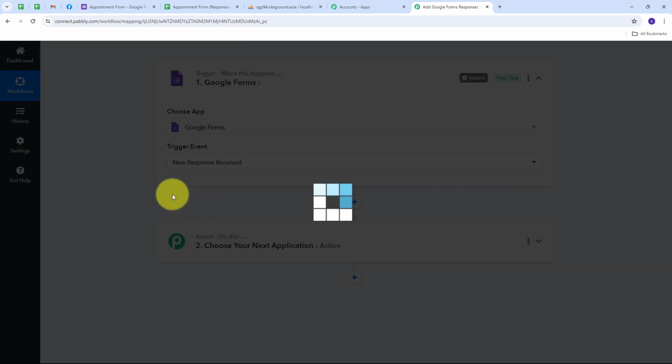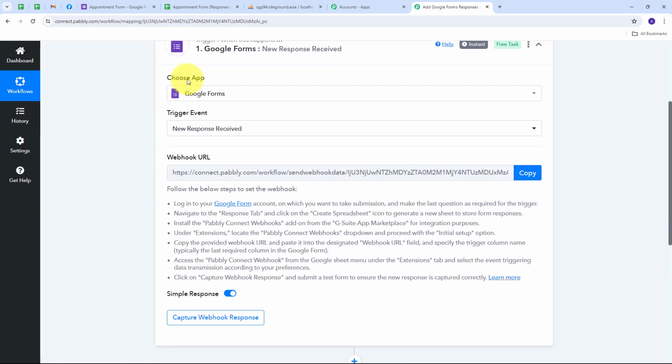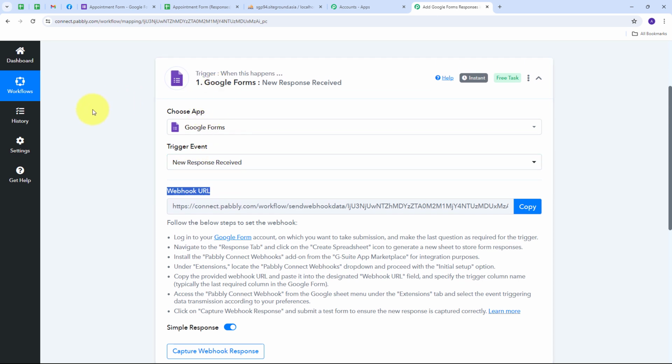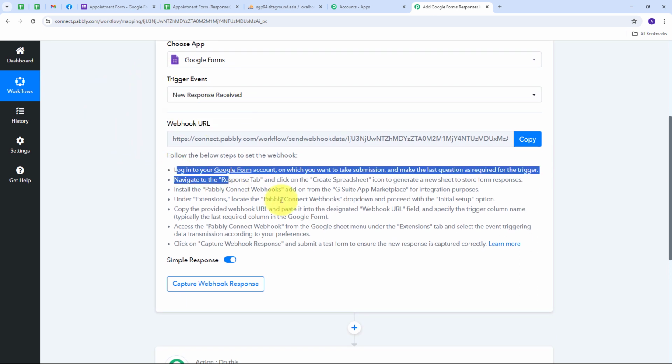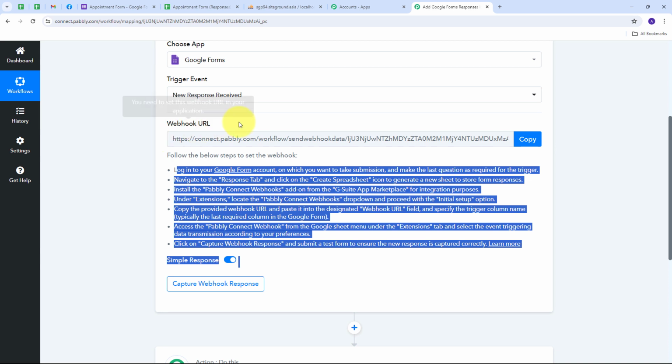So I'm going to select this. And now I need to connect Google Forms with Pabbly Connect, and for that I'm going to use this webhook URL. This webhook URL is going to work as a bridge between Google Forms and Pabbly Connect. Now for connecting these two accounts I need to follow all these instructions, and first I need to copy this